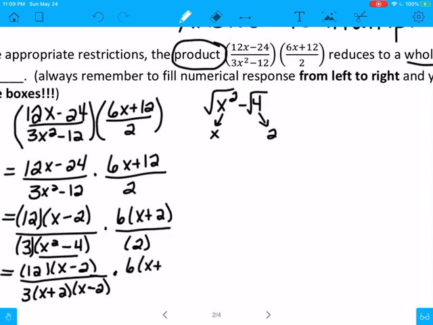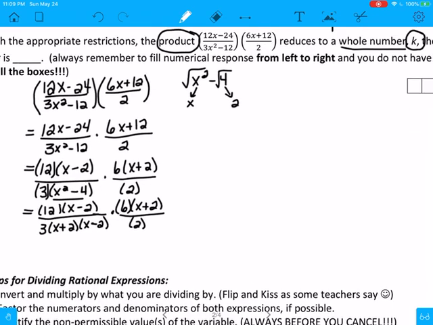6x plus 12 over 2. And often, if you can't figure out anything to cancel, it's because you're missing a difference of squares. Go back and look for your difference of squares that you maybe didn't do. Okay, before we cancel, we have to state NPVs,